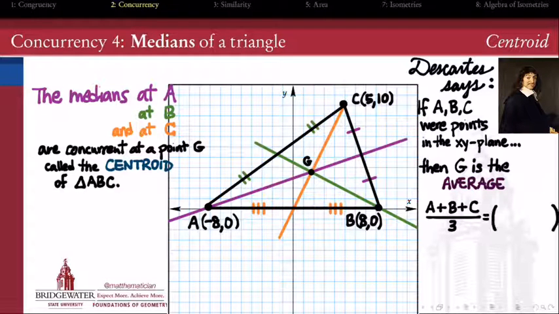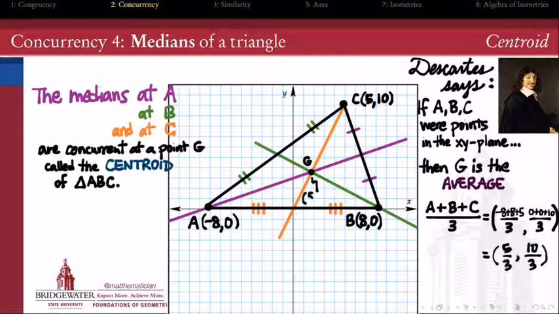If I add up the x-coordinates, I get -8 plus 8 plus 5. That's going to give me 5. If I add up the y-coordinates, 0 plus 0 plus 10, that's going to give me 10. Divide those results by 3, and I get a point whose coordinates are (5/3, 10/3). That's about 1.666,